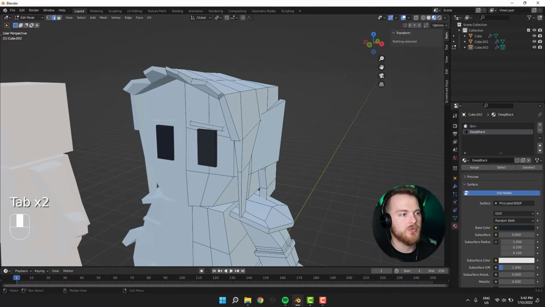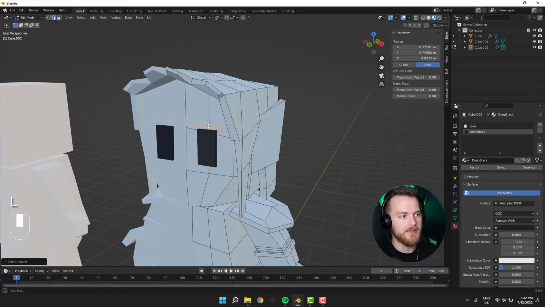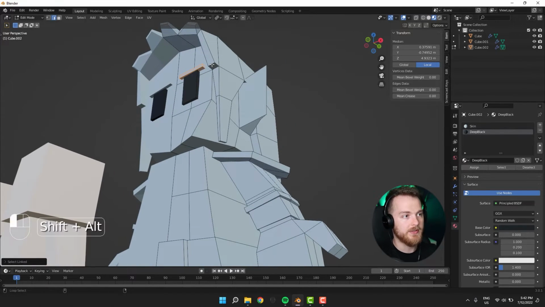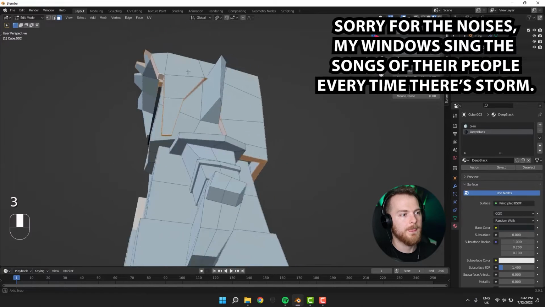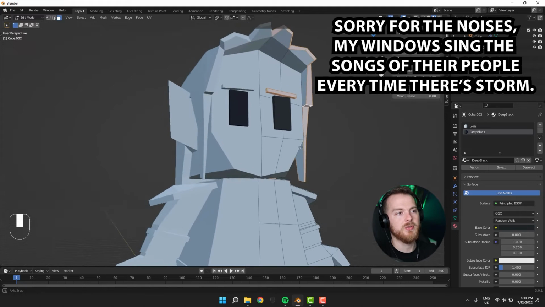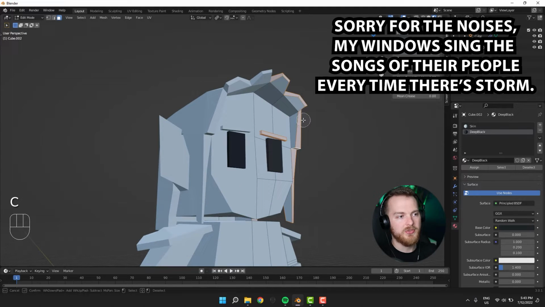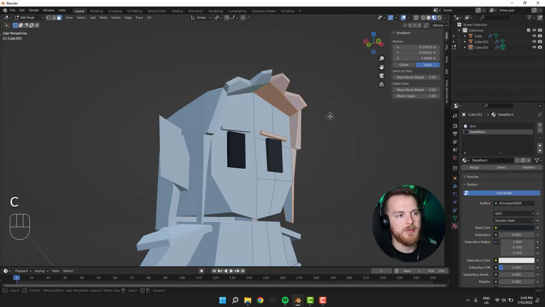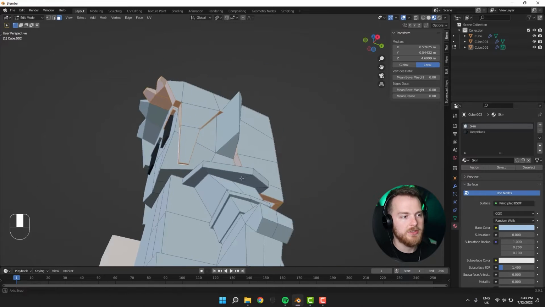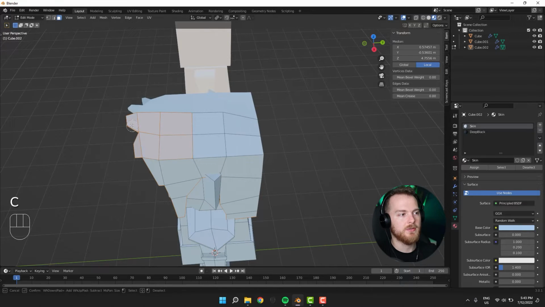Then we need to adjust the hair, so I'm selecting that. Here, this will be a little bit more fun to select. So first I select this edge loop, not edge loop, face loop. So this will make sure that all those ones are selected. Now I press C to have this circle to paint with. You can adjust its size with the mouse wheel, and it will really help you quickly select a lot of faces. So you see, I'm just painting over the faces I want to select, and